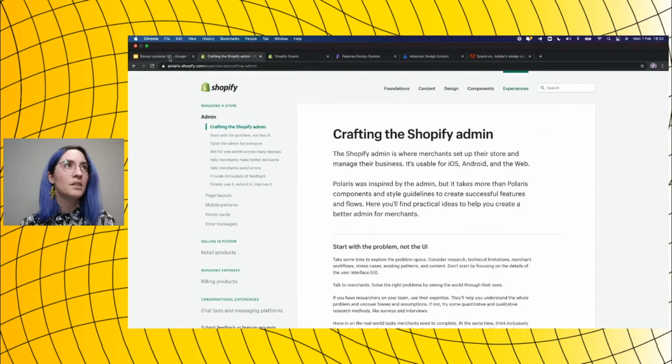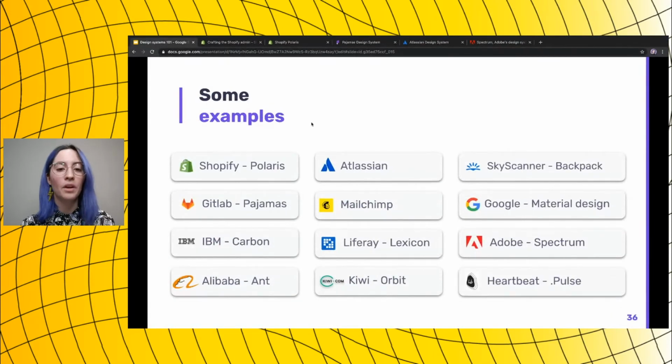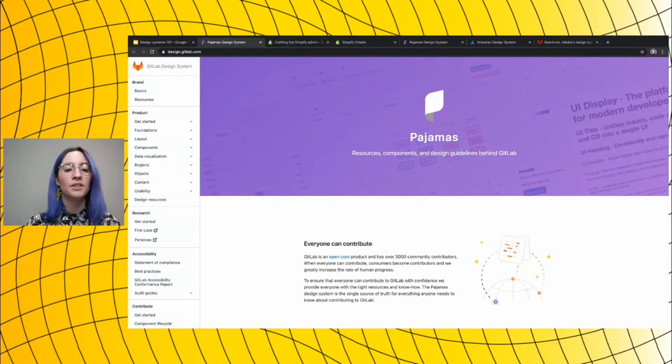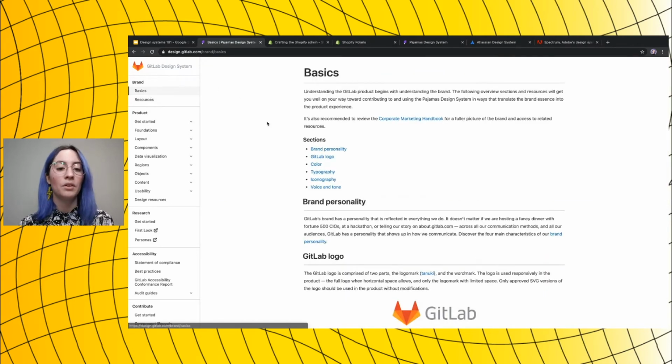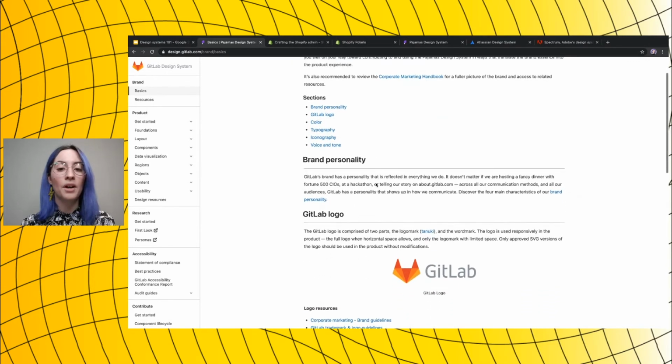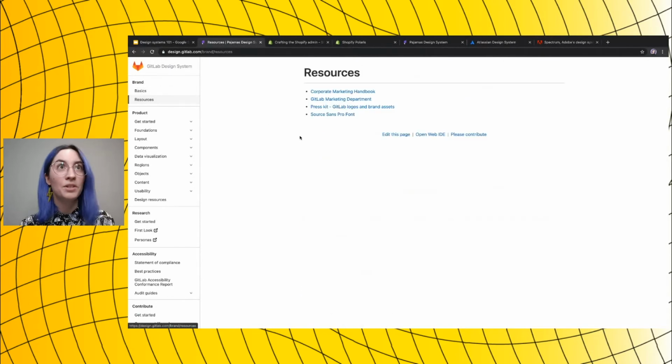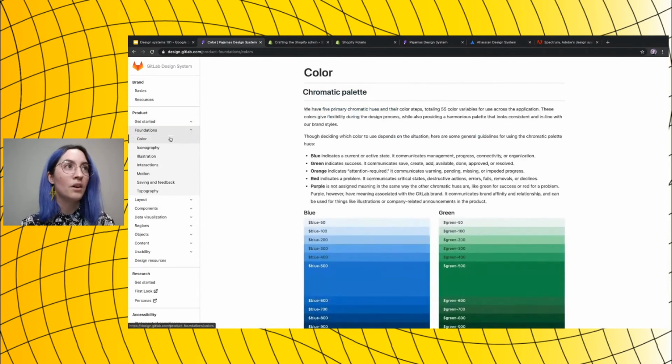The next design system that I want to show you is Pajamas by GitLab. I really like the content distribution of this design system because it's easy to find information. There is a brand section related to values of the brand, logo, even resources. In the product section, we can see the foundations with the color,